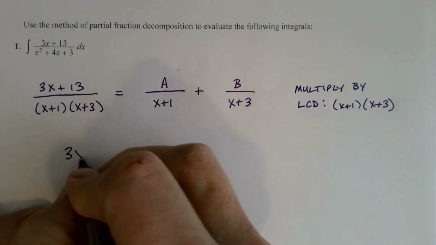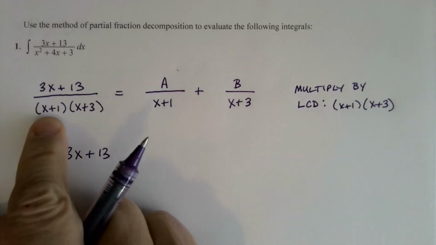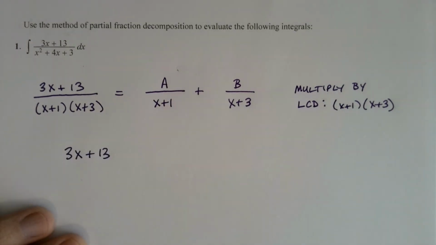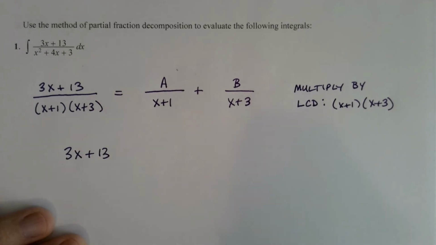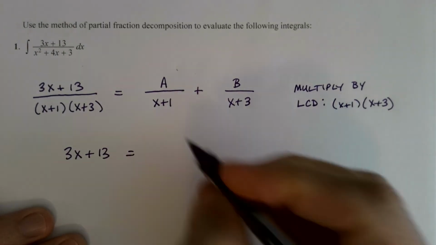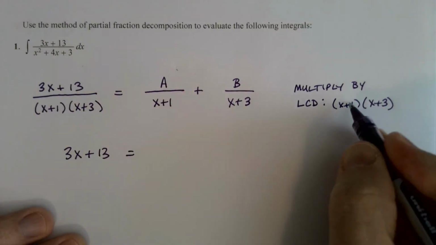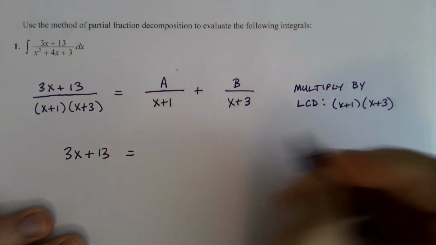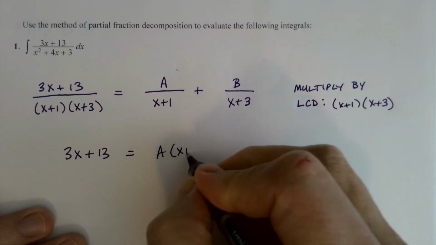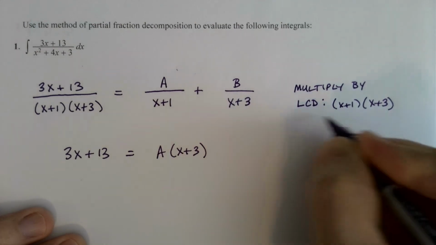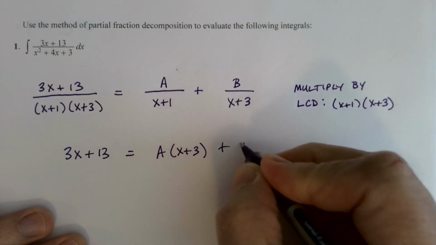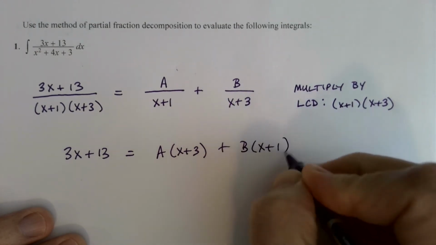Okay. When I multiply both sides by that, what happens when I multiply this by x plus 1 times x plus 3? Well, I'm just left with 3x plus 13, right? Because the x plus 1s and x plus 3s cancel. And then here, a over x plus 1 times this, the x plus 1 will cancel, and I'm left with x plus 3. And here, when I multiply, the x plus 3's cancel, and I'm left with x plus 1. Now,